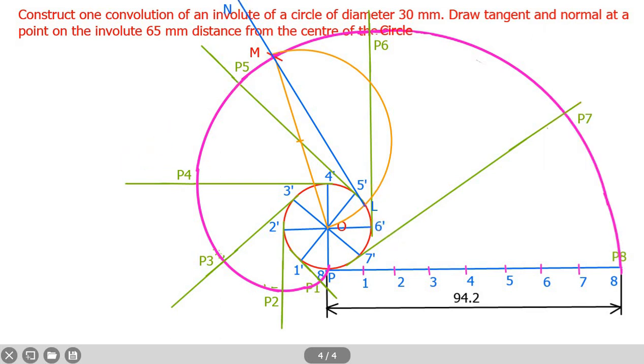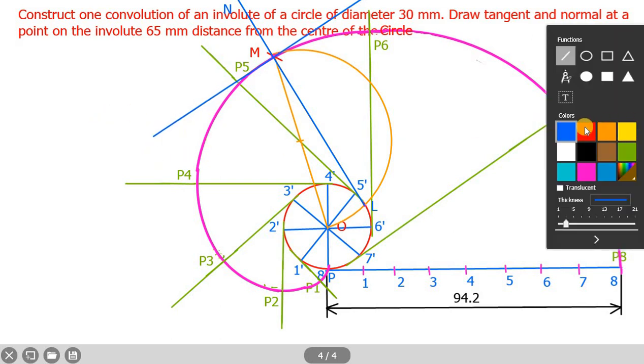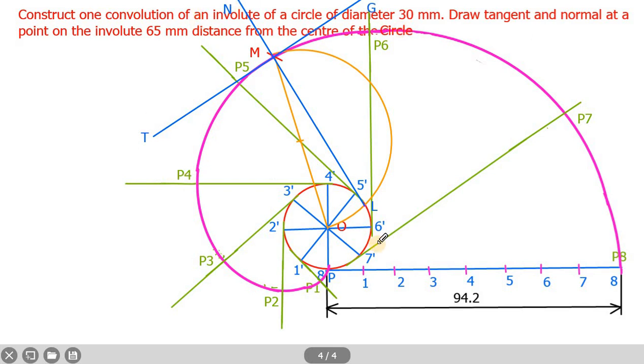Then draw the tangent at 90 degrees to NL. Draw a straight line that flows smoothly over the curve and crosses M. So that will be called the tangent. So this is tangent TG. So TG is the tangent and NL is the normal. Provided it should be 90 degrees, so NM and MG should be at 90 degrees. So in such a way you draw the tangent and normal.